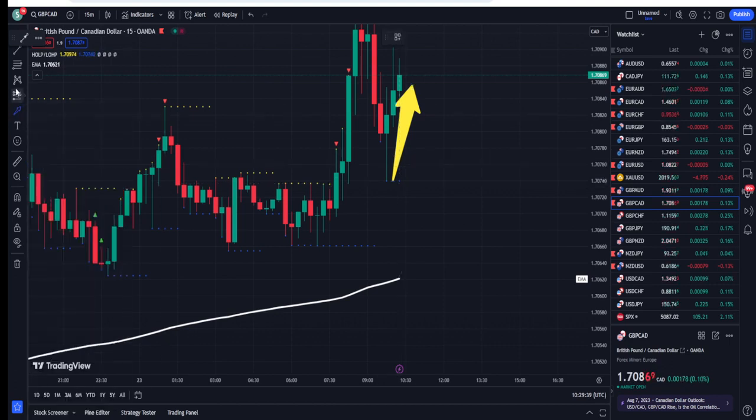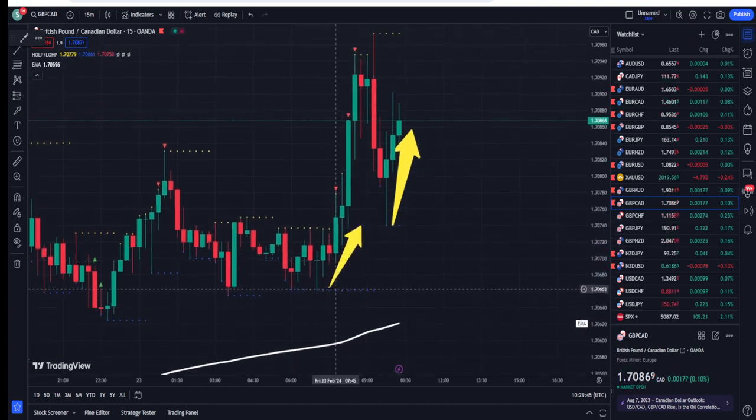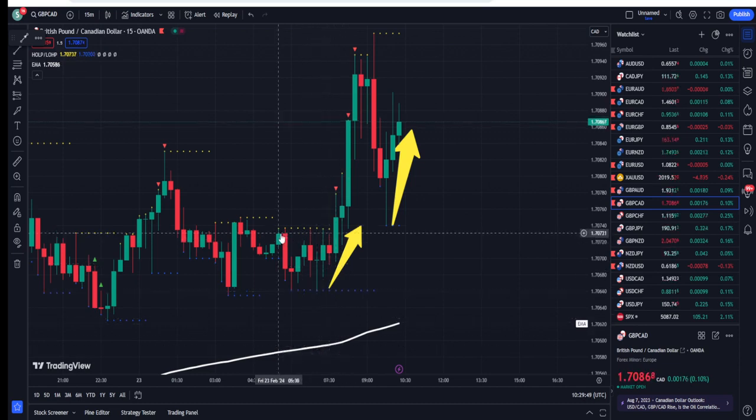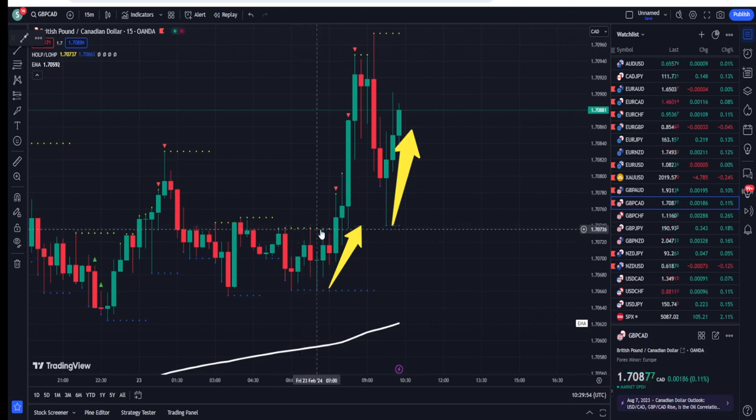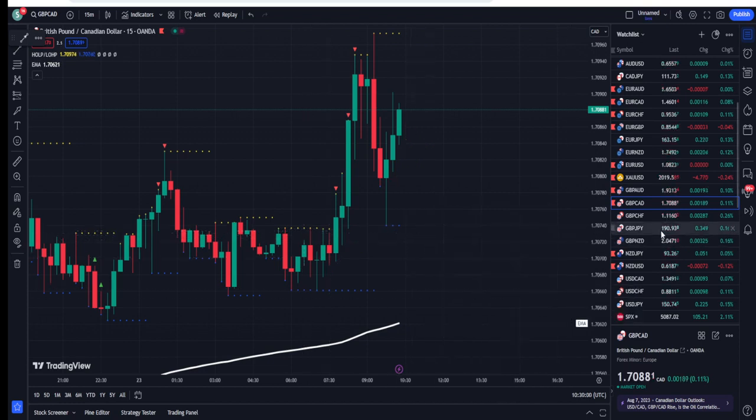So guys, similarly, when we talk about this trade that we have on Great Britain pound CAD, that was a bullish trade. Why? Because the price is above the 200 EMA. Whenever the price is above the 200 EMA and sell reversals are coming from the indicator, just keep on ignoring them, because they can be dangerous to trade.